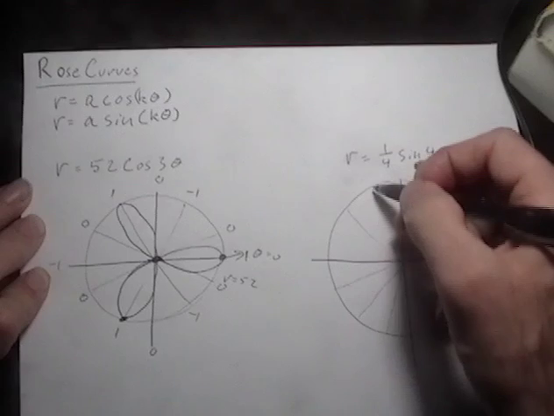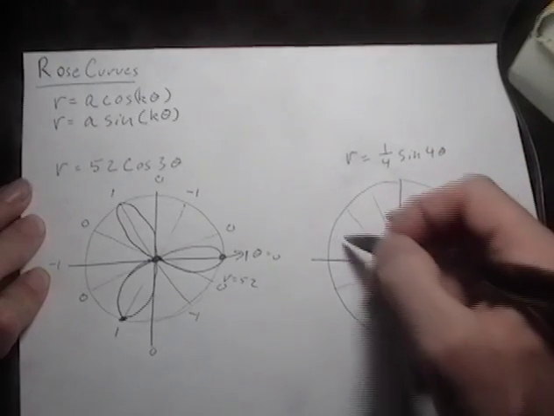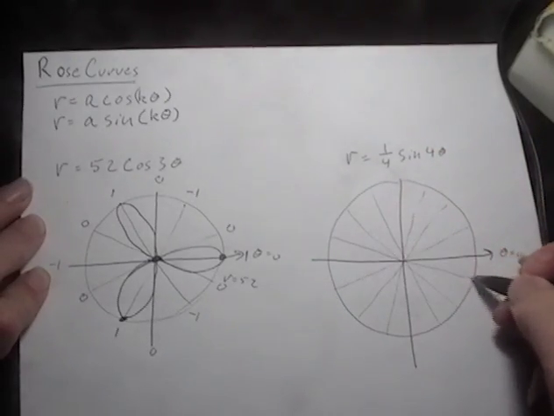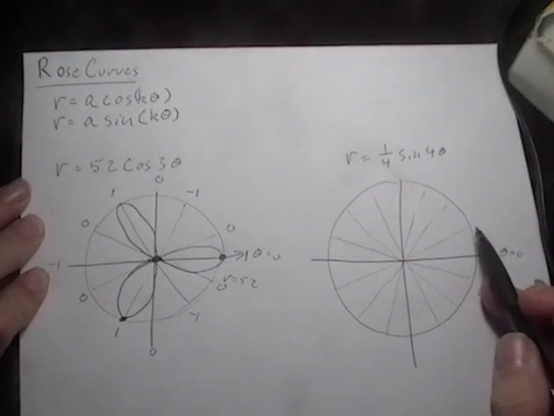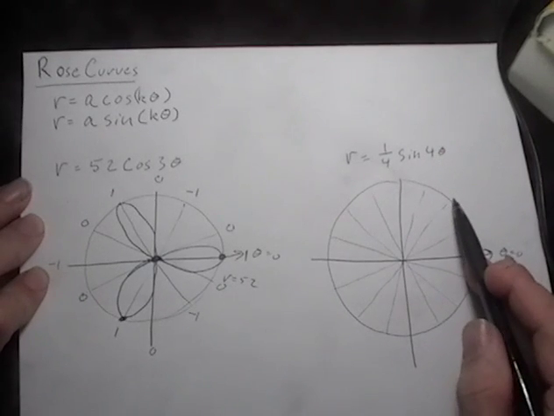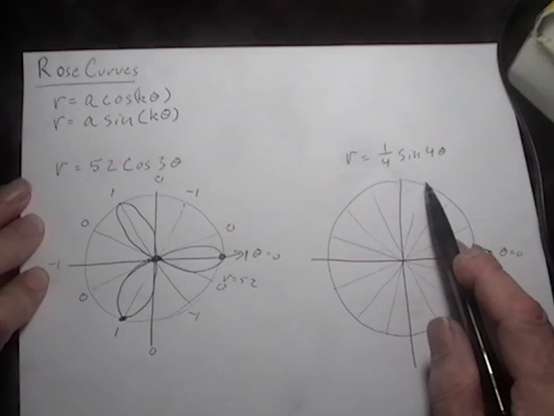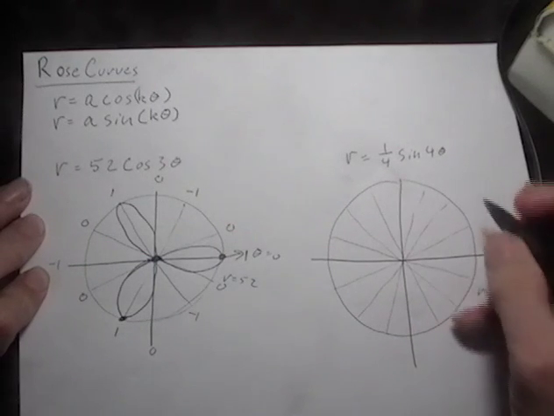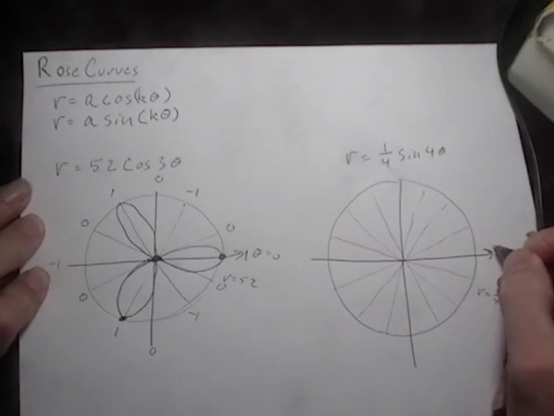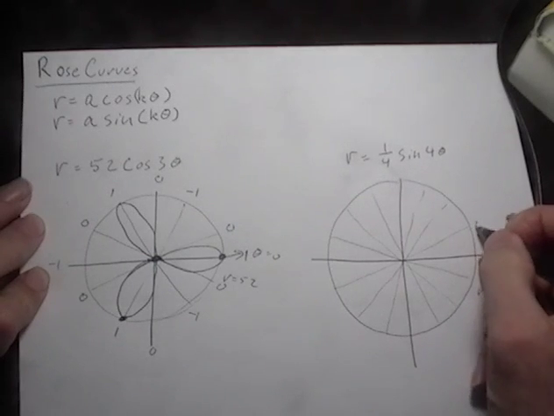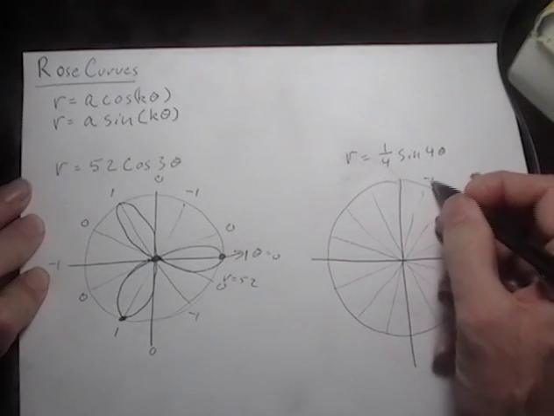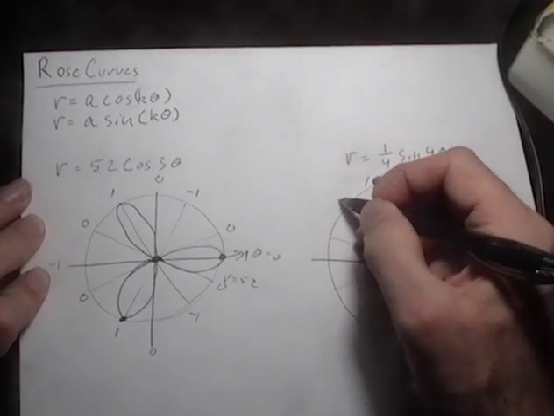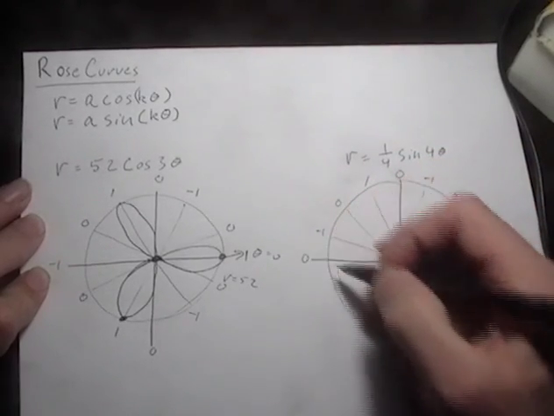So this really stands for pi over 8, pi over 4, 3 pi over 8, and pi over 2. The pattern for sine is going to be 0, 1, 0, negative 1, 0, 1, 0, negative 1, 0,